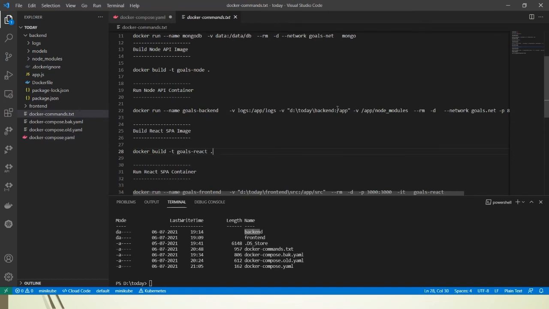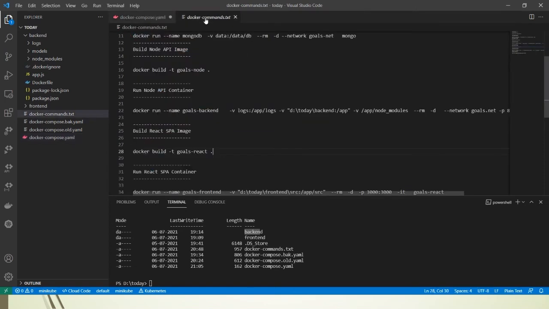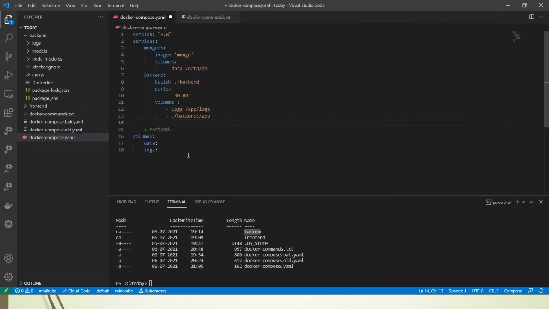So backend, then it is /app. So this is the next path. Let us see any other volumes. Yes, it has an anonymous volume, that is app node_modules. As it is an anonymous volume, we don't need to put it over here.